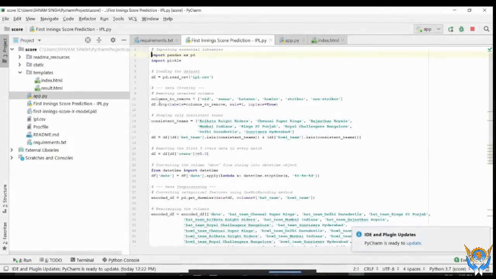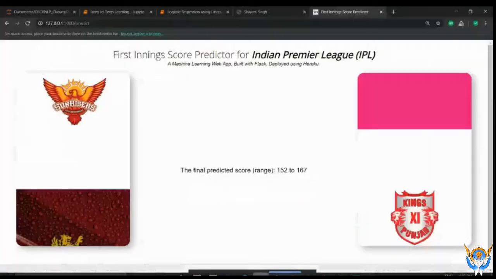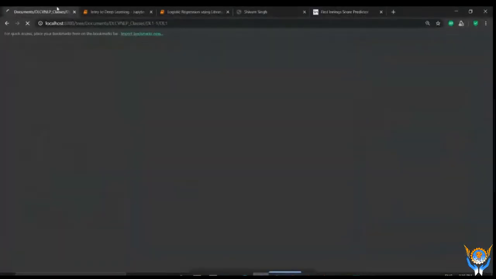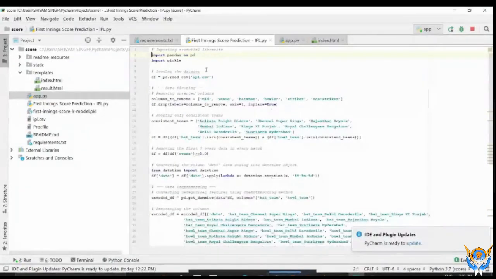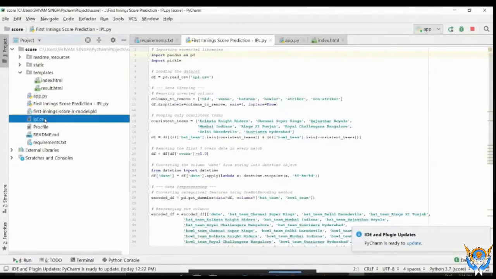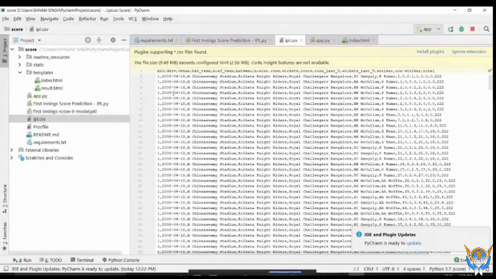Now in this code, this is your IPL.csv. IPL.csv is basically your CSV file. CSV means comma separated value.